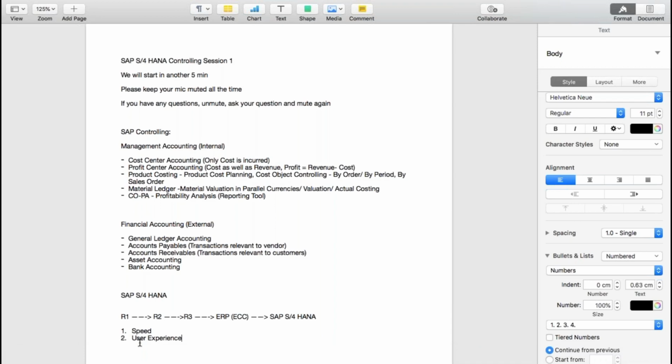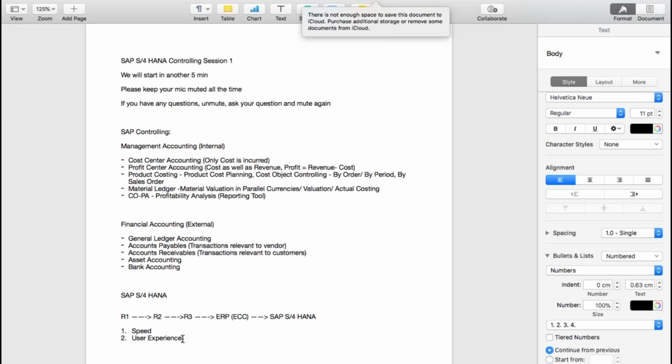User experience means the way in which you are executing the transactions is very old, right? And customers are expecting, why shouldn't we be able to do the transactions from our mobile device itself? That is the reason the second thing they improved in SAP S4 HANA is the user experience.